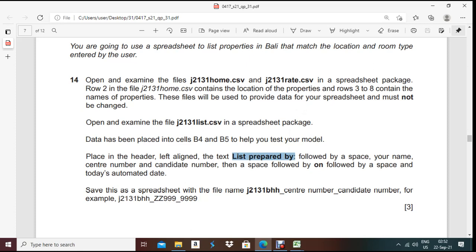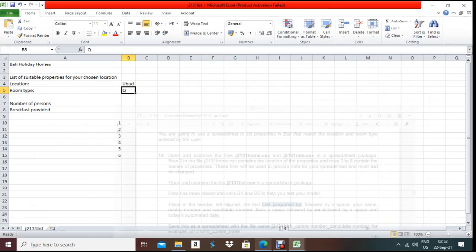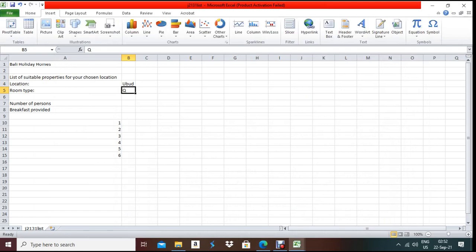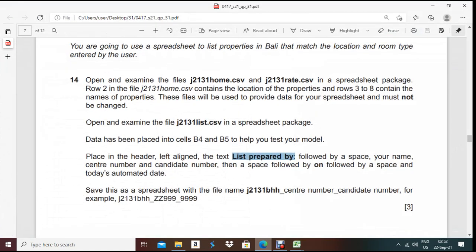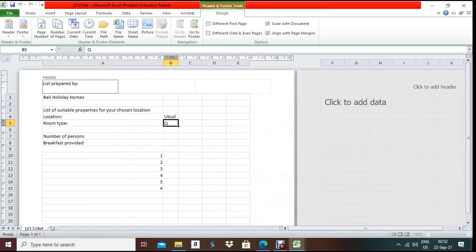Next, place in the header, left aligned, the text: list prepared by, followed by a space and your name, center number and candidate number, then a space, followed by on, followed by a space, and then today's automated date. So insert the header, left align, and write prepared by, then your name with a space.